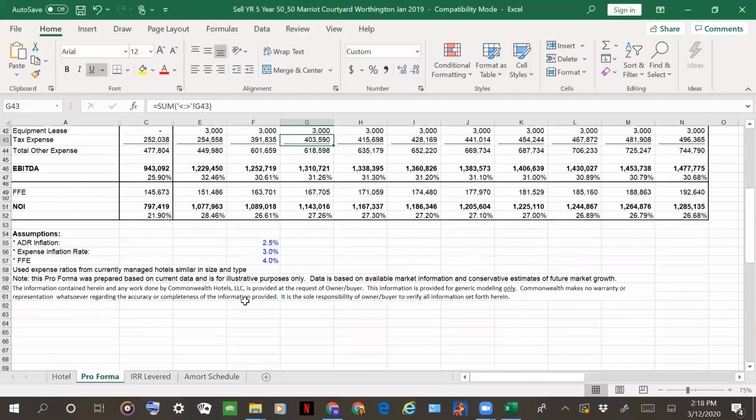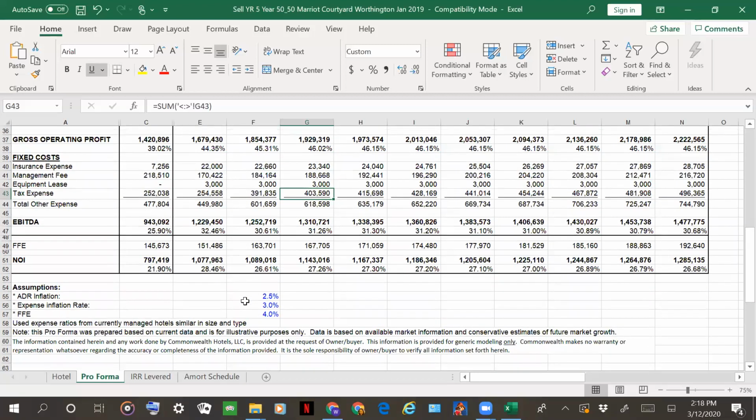So, what about the FFE? Oh, FFE, that's furniture, fixtures, and equipment. So this is the reserve. This is what you put away for your rainy day. No matter if it's a hotel or apartment, you're required to put like 4% away of the gross. And so you'll see that we do that every year because, not only do you have to reserve for operations and other things like that, you'll have a rainy day where you don't expect to do well. So like in the hotel industry,